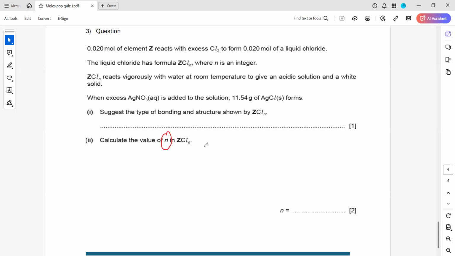The next is the value of n we need. So we can simply use the ratio of the moles from the information here. When excess of silver nitrate, AgNO3, is added, 11.4 gram of silver chloride is formed. So